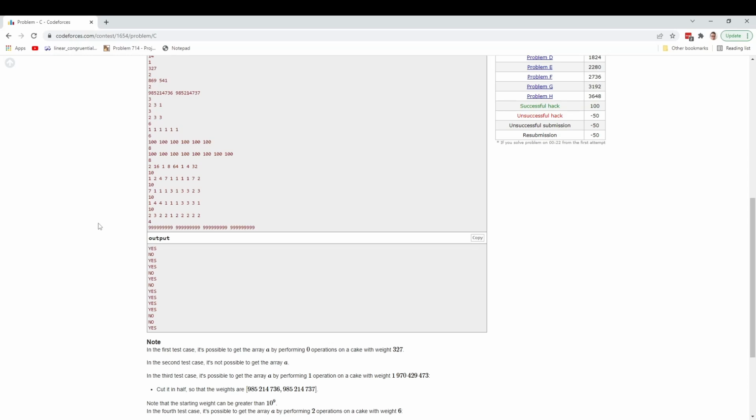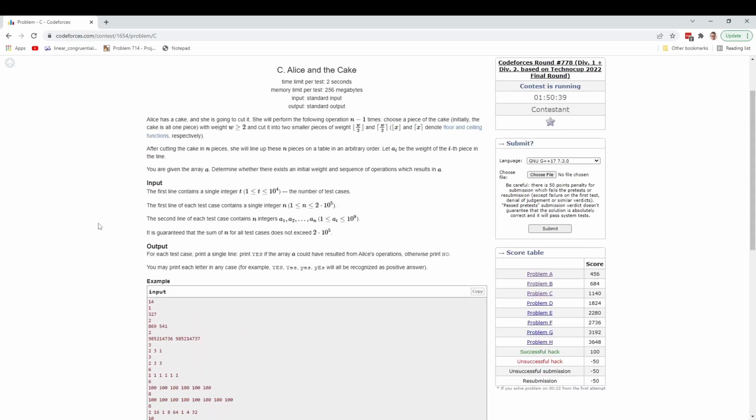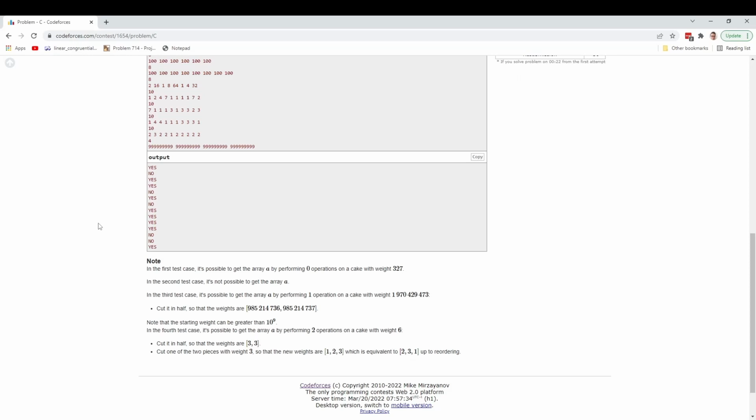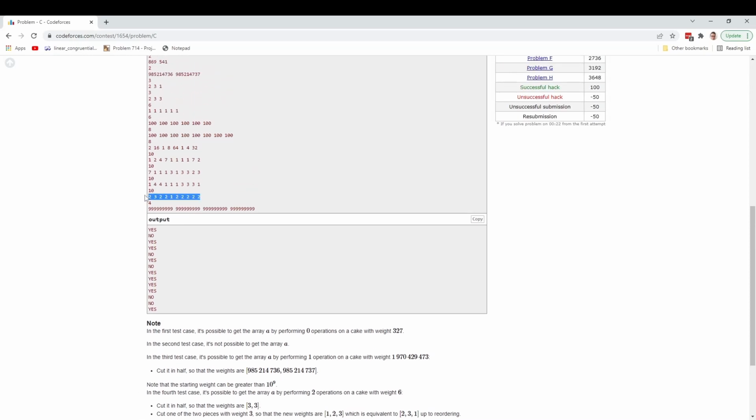Okay, well, obviously the weight of the cake would have to be the sum of the numbers. This one being no seems kind of complicated, right? Right, can't you just start with the sum and keep recursing? Yeah,